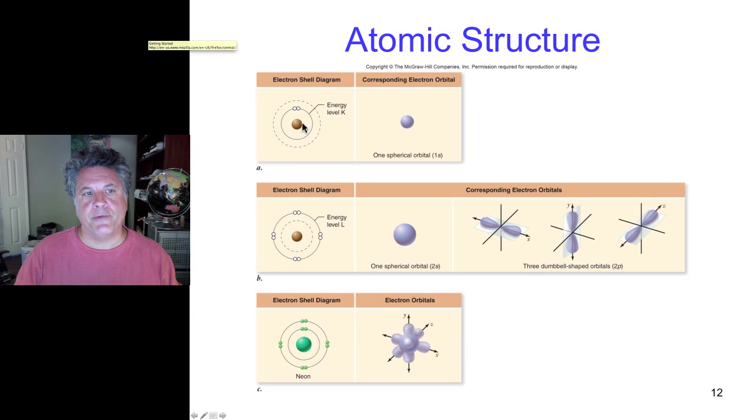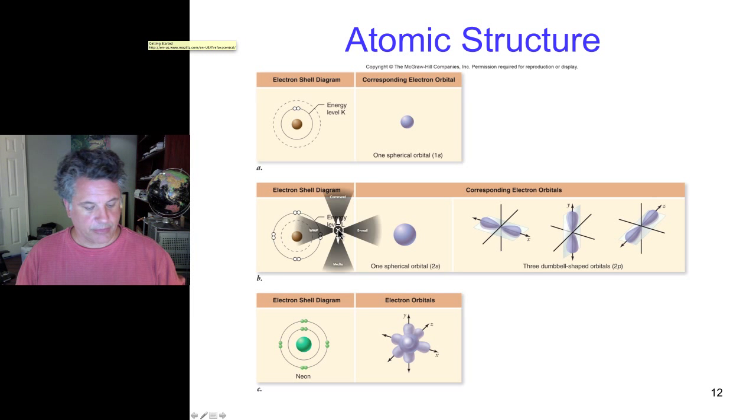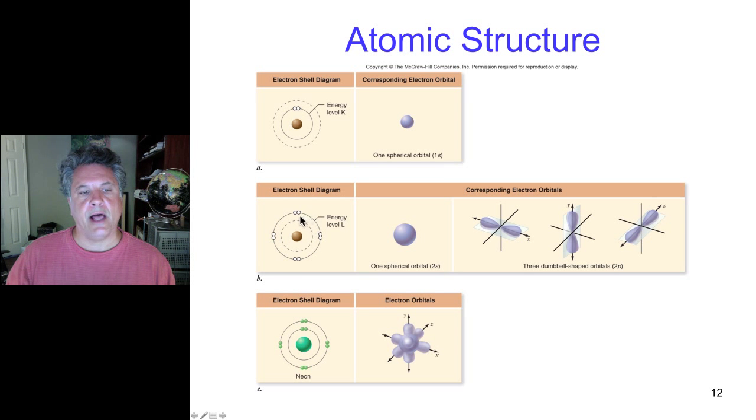Okay, so we talked about the first energy level containing a 1s orbital, which could hold possibly 2 electrons, depending on the element that we're talking about. Let's now talk about higher energy levels, like the second energy level, level L. If you move out to the next energy level, we can represent that there are 4 orbitals that can be found at the second energy level, level L. Whereas only 1 orbital exists at the first energy level, 4 orbitals exist at level L.